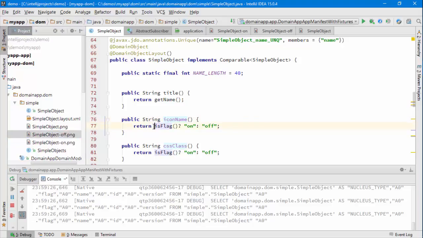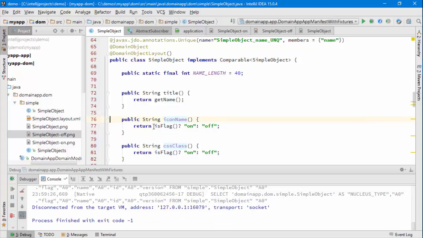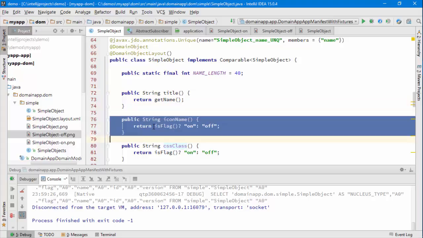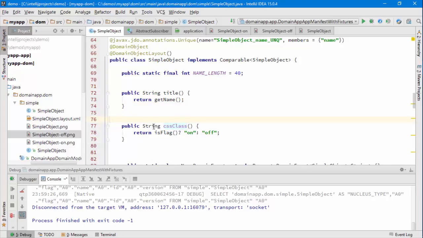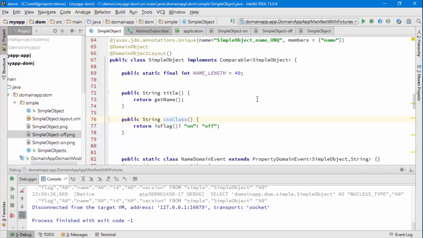This logic, though, it would be nice to perhaps move out of this application, because I could imagine this being used elsewhere. So one way in which we can do this is to use what are called UI events. We have UI events for these three different attributes of title, icon and CSS class. So for example, if we get rid of that code there, then what we can do is we could introduce